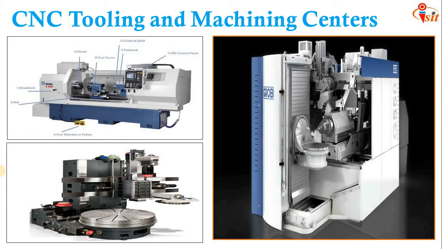So if more than one tool is required and from those tools we want to make different operations, for that different types of tools are required, there we can use this machining center. These machining centers carry a bank of the required tools for processing the components. Such tools are stored in a tool magazine.